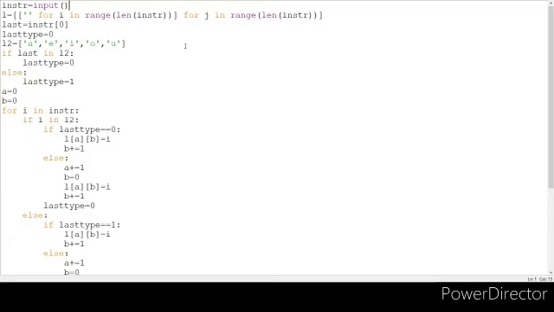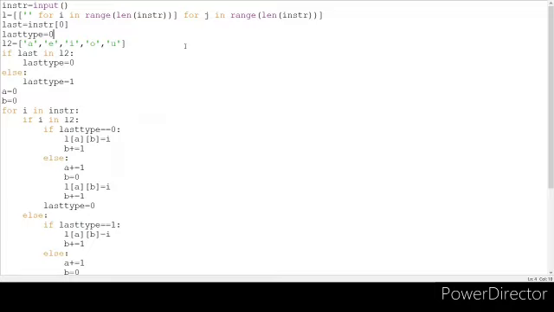Now I am storing the input into the instr variable. Now I am defining an empty nested list, and I am storing the first character of the input string into the last variable, that is, last is the name of a variable. Then I am defining last type as 0.